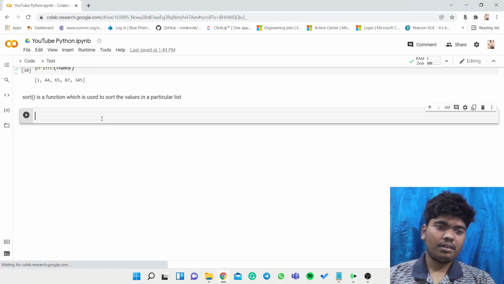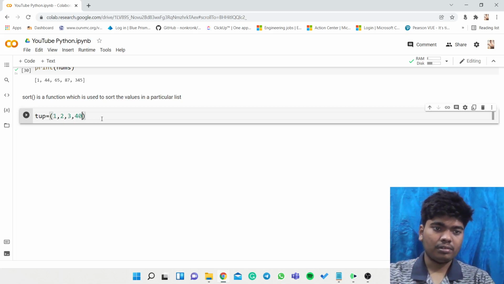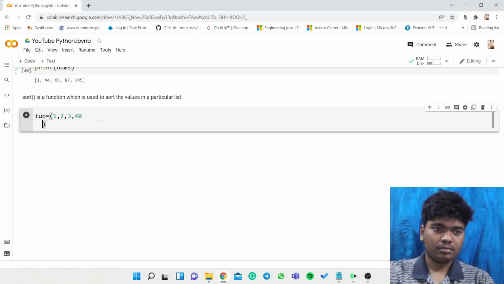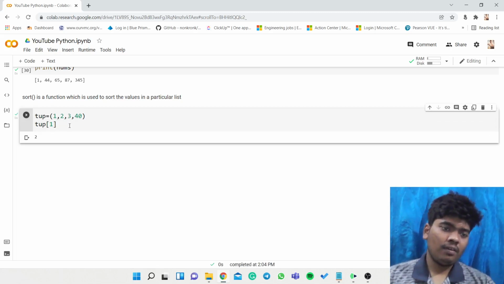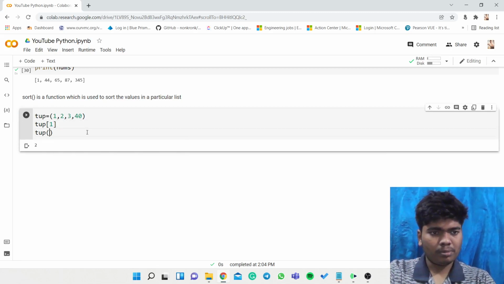So we'll just try it. tup1 is equal to 1, 2, 3, 4. And now if we try to call a number from that particular tuple, we need to use the square bracket. I think we can also use the normal bracket.